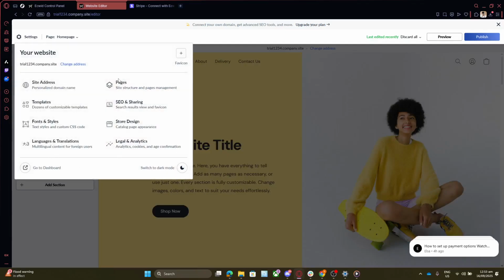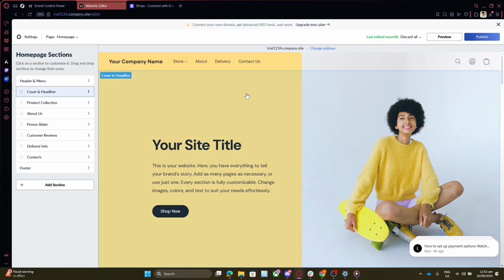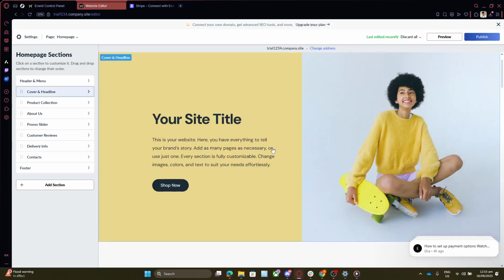Now comes the exciting part, editing your store. Within the editor, you'll find an array of different features to customize everything from product descriptions to homepage arrangements. You'll be able to adjust text, images, and even the placement of different elements on your pages, making sure every detail aligns with your vision. When you're editing, think about your customer's experience and how you can make browsing and shopping as intuitive and enjoyable